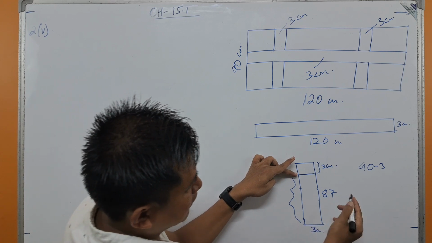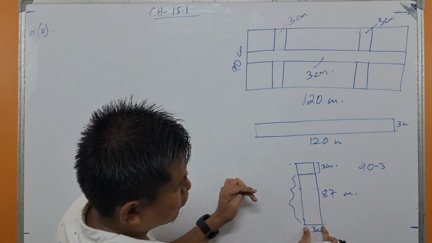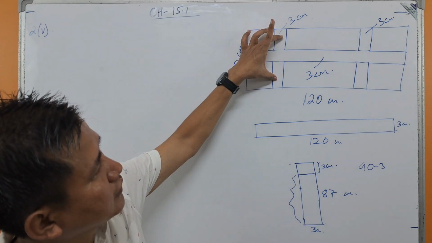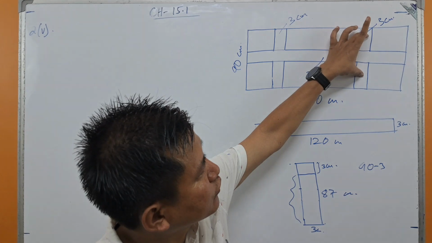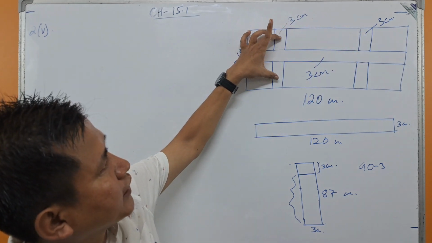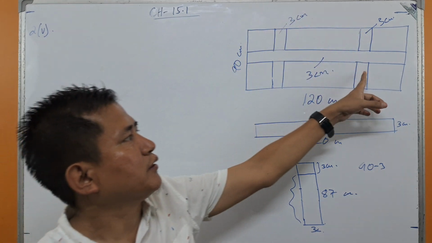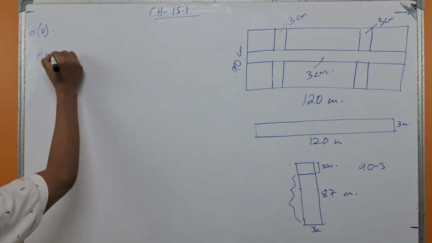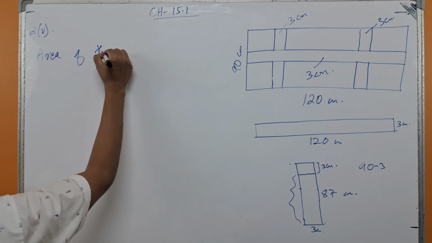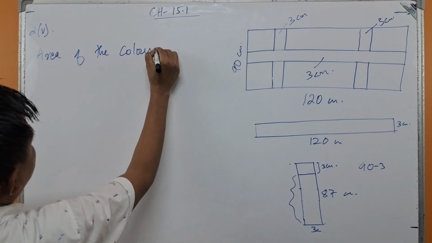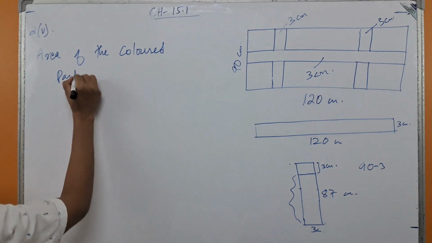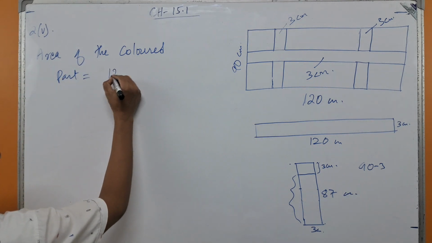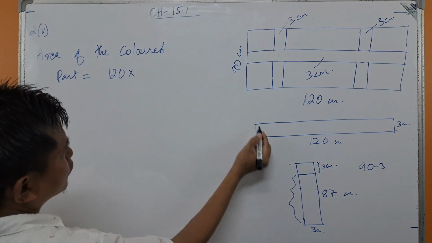So length is 87 centimeter into breadth is 3 centimeter. So when we multiply 87 into 3, we get the area of this rectangle. Similar rectangle we can see here also. That means we multiply the area of this rectangle by 2, we get the total area of these two rectangles, isn't it? So let's find the area of the colored part. Area of the colored part equal to area of this rectangle, that is 120 length into breadth. Breadth is 3,